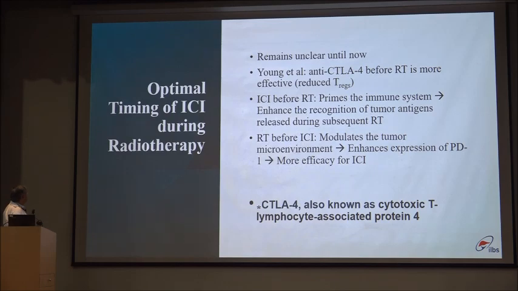Now it is very difficult to optimize the timing of ICPI during radiotherapy, which is still a debatable subject. Young et al. showed that anti-CTLA4 before RT is more effective to reduce T regs. ICIs before RT prime the immune system, which enhances the recognition of the tumor antigens released during the subsequent RT. RT before ICI modulates the tumor microenvironment